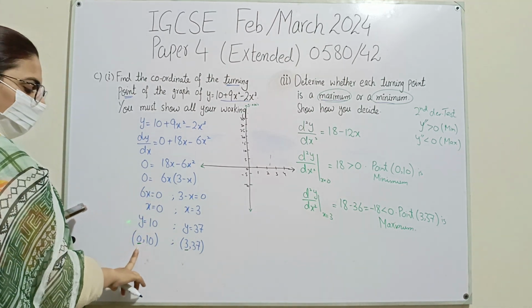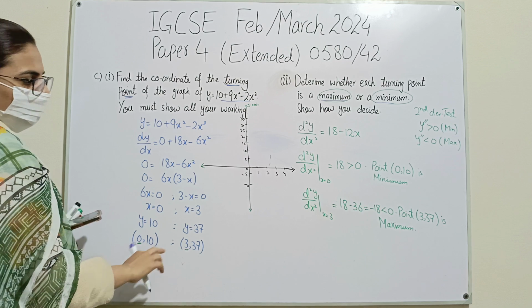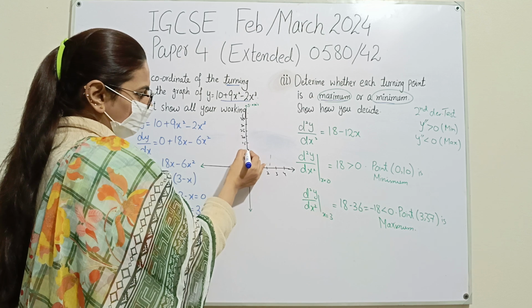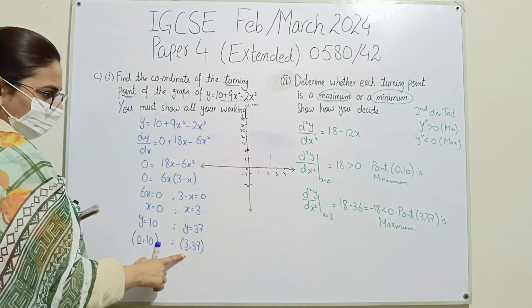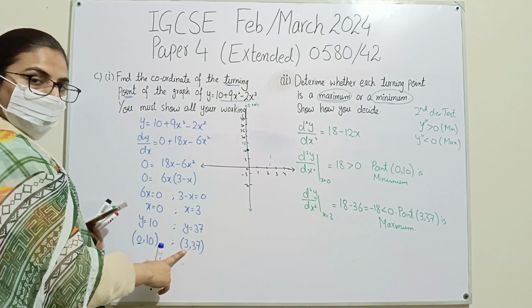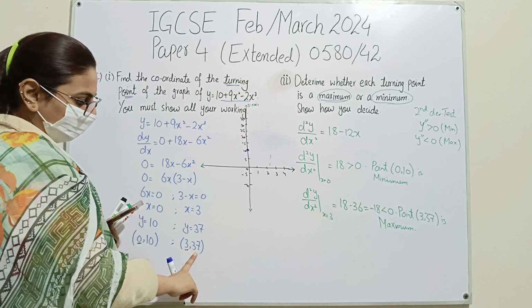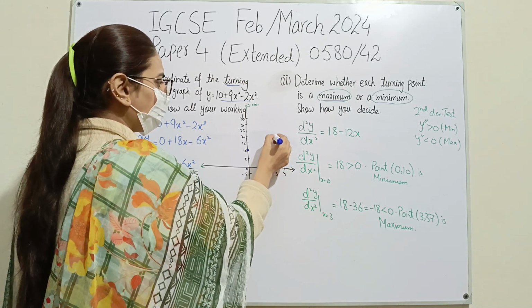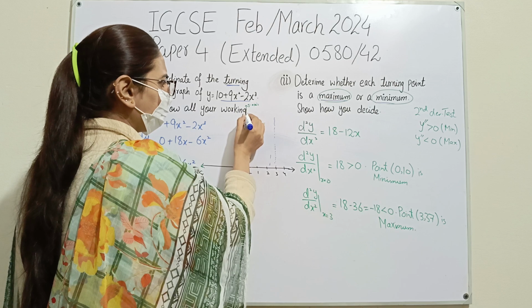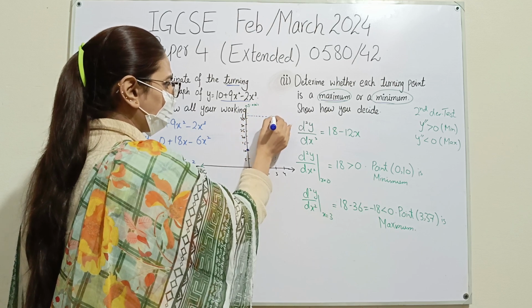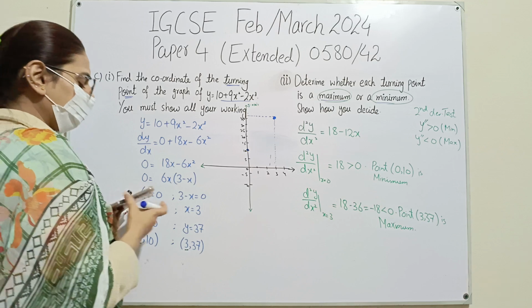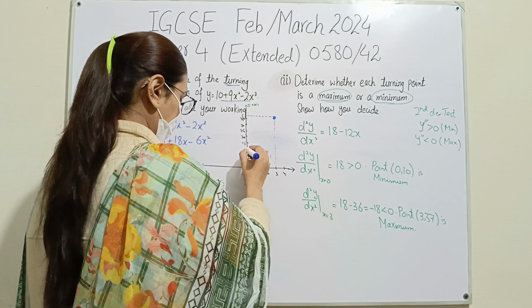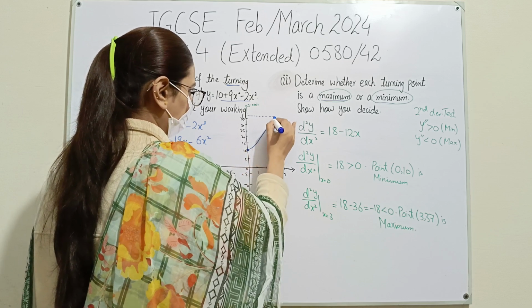While taking x equal to 0, you have y equal to 10. So this is the value of x and the value of y will be 10. So this is the point. The next point can be drawn on the graph by taking x as 3 and y as 37. This x is 3 and, taking a rough scale, the value 37 will be approximately here. If you draw the graph, it can be seen that the graph is going this way.